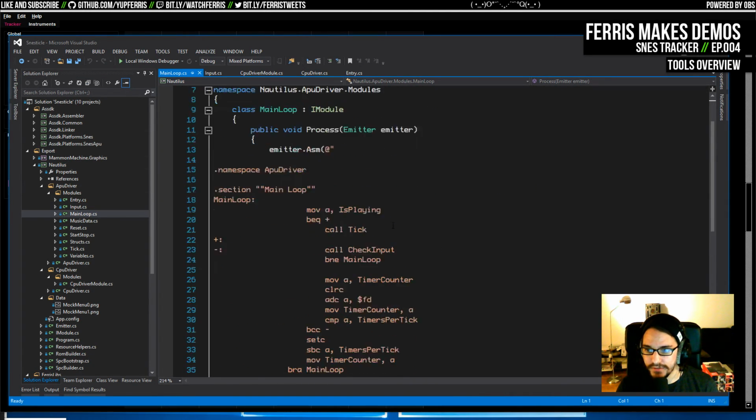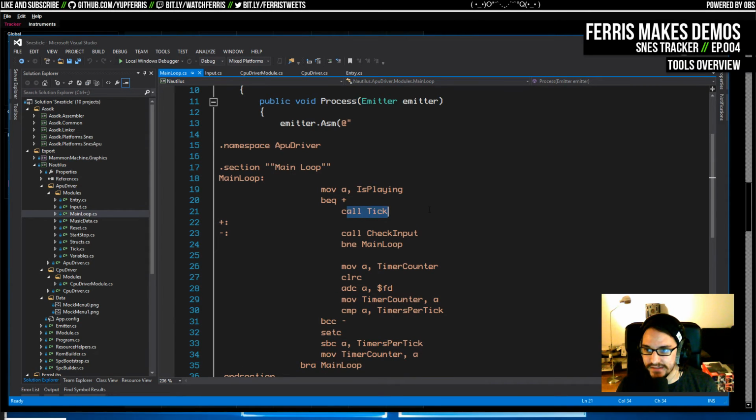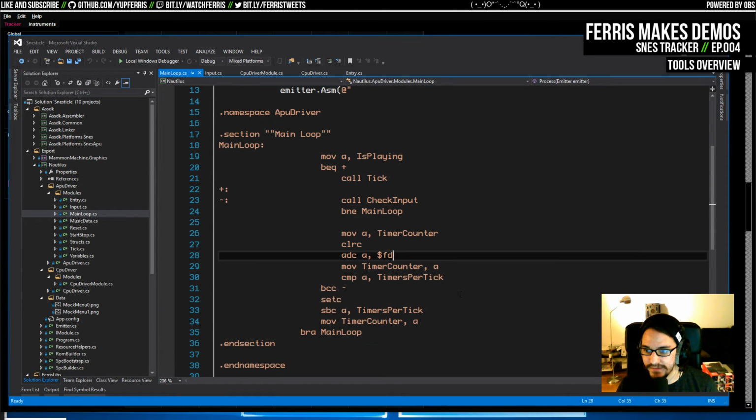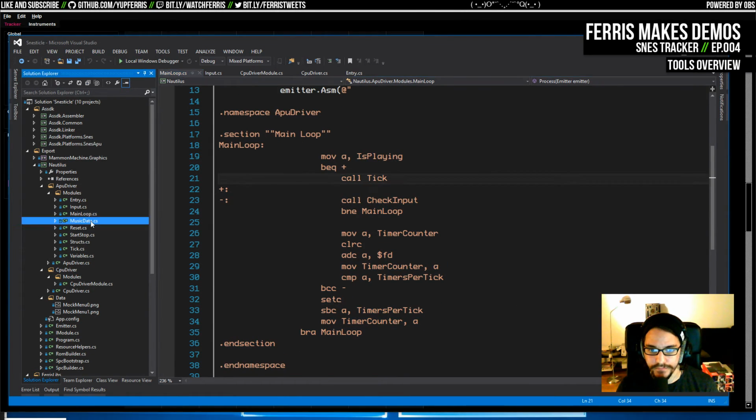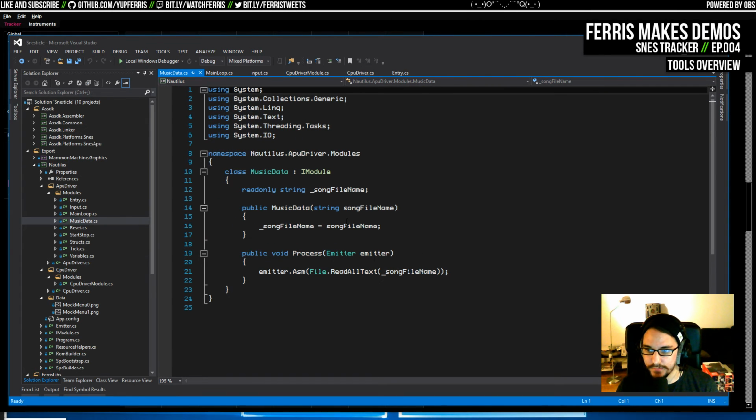There's the main loop, which is pretty simple. If it's playing, it's going to tick the time. It's going to check the input. Then there's your main loop, and then it just waits for the timer as well. So pretty simple. The music data ends up getting pulled from a file that ends up being generated by the